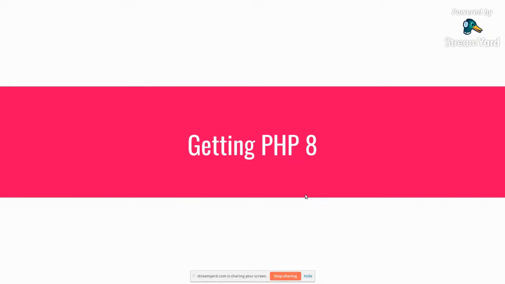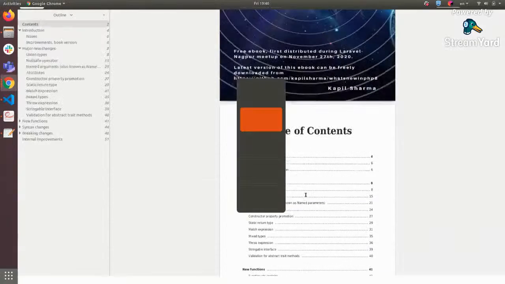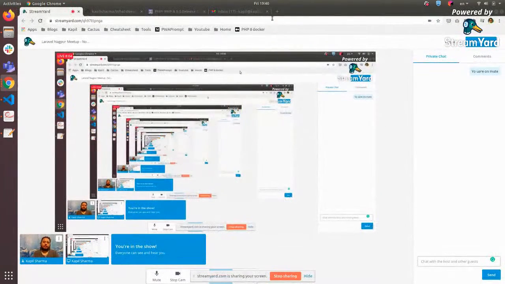Moving ahead, getting PHP 8. PHP 8 was released yesterday, so now you can go and download it. No issue. But in case you're working on a project which is not yet ready to move to PHP 8, or for how I learn about PHP 8, we can use the official Docker images. If you want to see those Docker images,